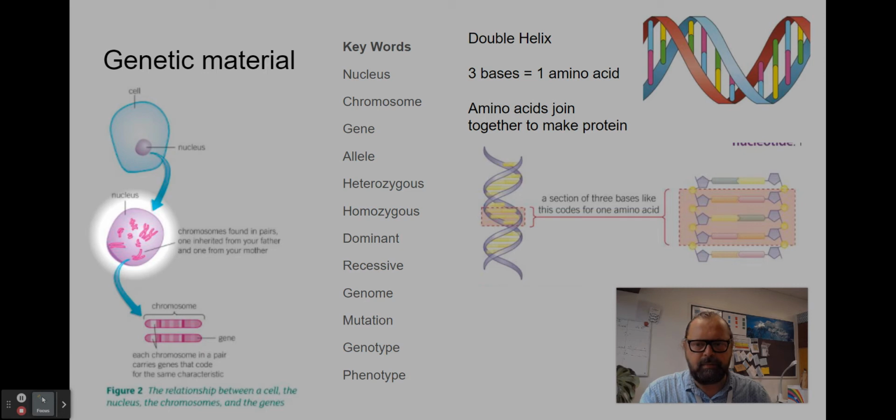Humans have 23 pairs or 46 chromosomes, and each of those chromosomes is divided up into many genes. The gene is a code for a particular characteristic. Now, the chromosomes are in pairs, which means the genes are also in pairs, and so you have 2 genes for each characteristic, and they could be of different types, and the word, remember, for different types of the same